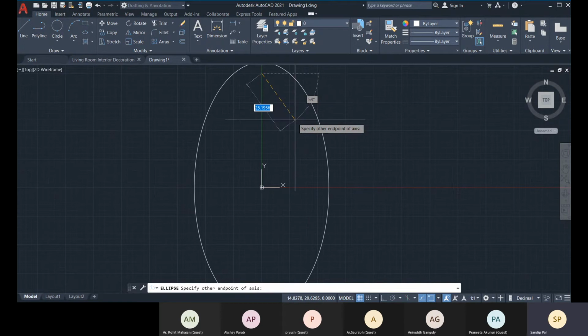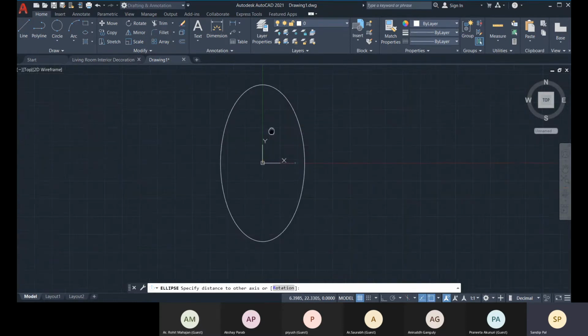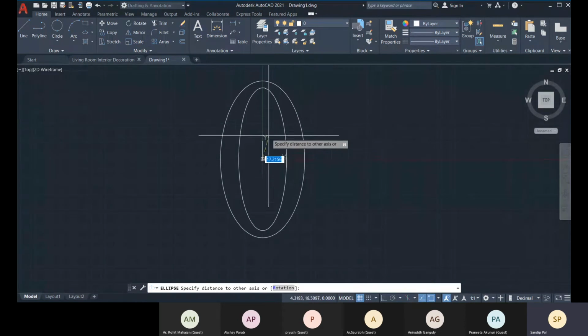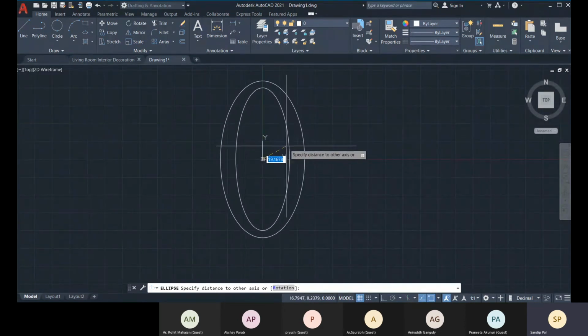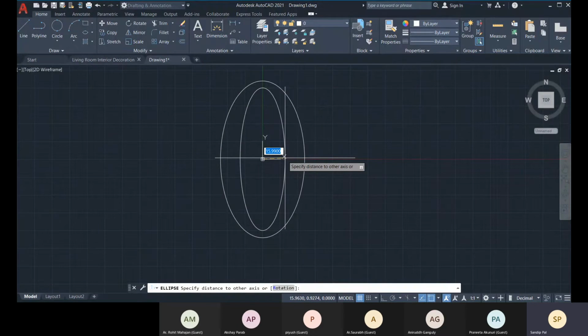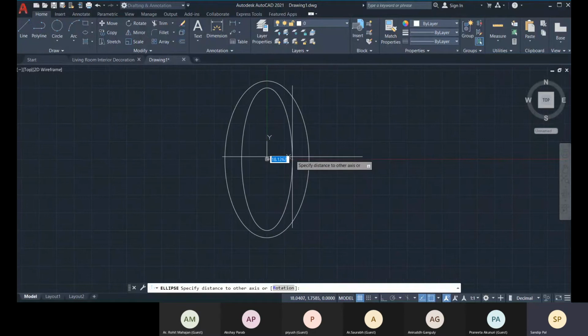Okay, I will just press hash and then 0, minus 50. Even that the coordinate, the default coordinate is... sorry, that is relative.